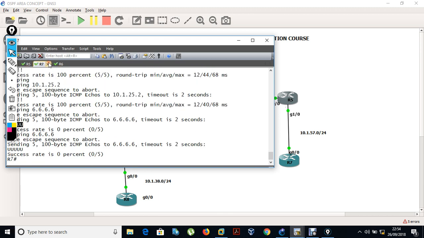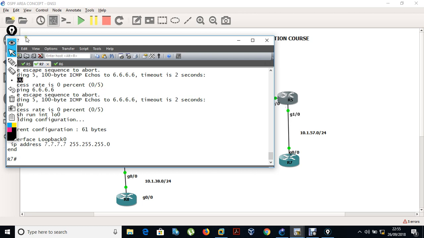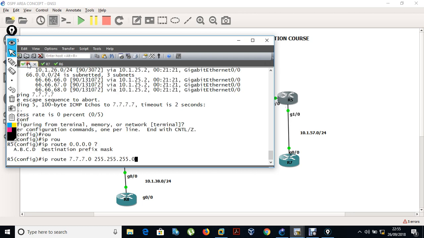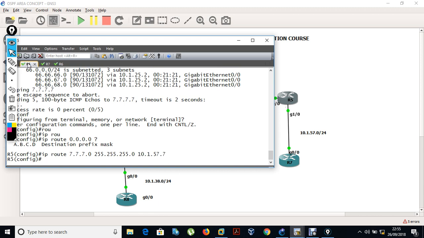What is this, guys? Show run interface loopback 0. Okay. And then I want to tell it to go through 5.7.7. So now if I go to